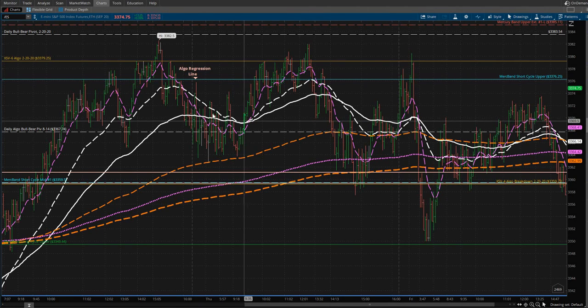Right here again, you have these two white algos merged together. Now look over to the right of the screen. Can you see over here where this fails? Comes down, finds support, comes up, and fails. Now keep your eye trained on this spot right here, and we'll take the crosshair and put it right where these come together. Now look to your right. That's where it broke. You can do this over and over and over again,